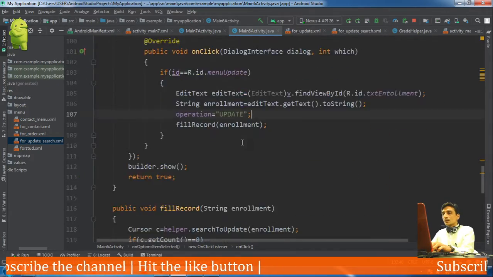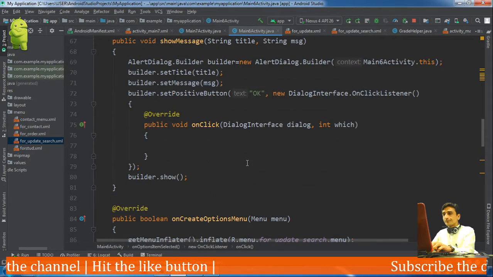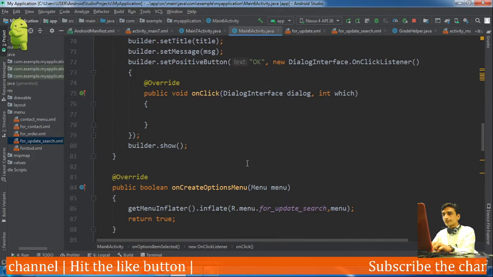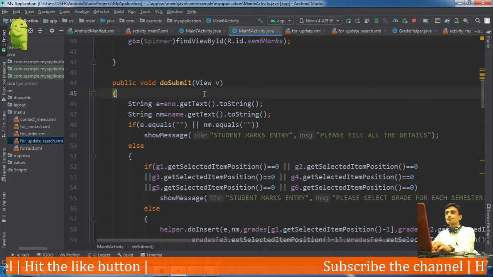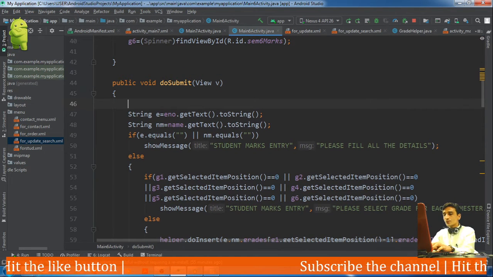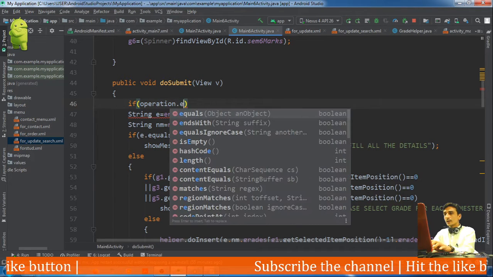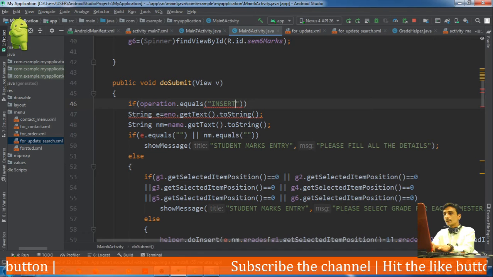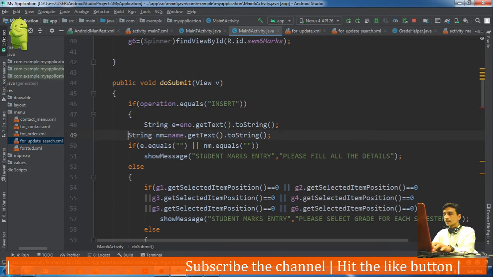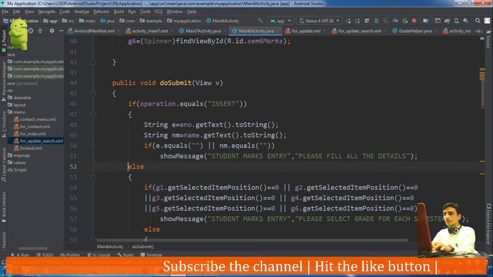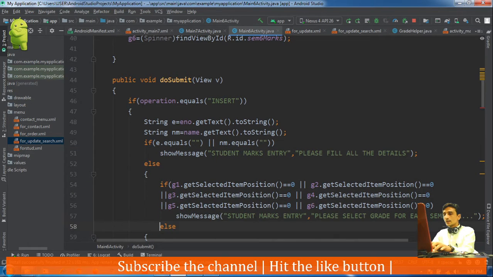So when the client clicks on update, in our do submit method we will check first of all if operation dot equals insert, then this should be performed, that is the logic of insertion.